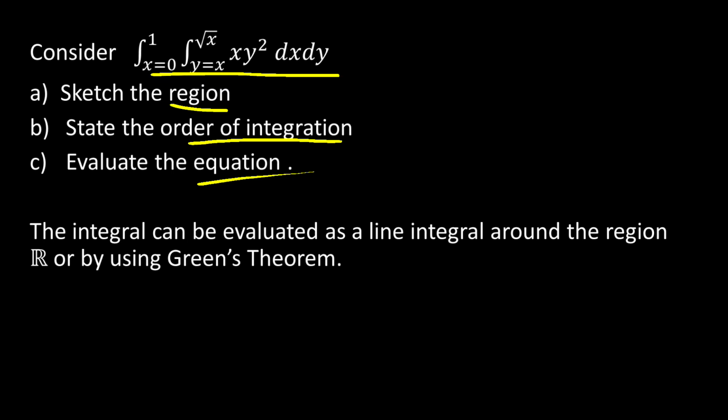So you must be able to see how the region for this calculation will look. The integral can be evaluated either as a line integral around the region R or by using Green's theorem. So there are two ways of solving this kind of problem. You can use the line integral, or you can use Green's theorem. Now, having noted that,